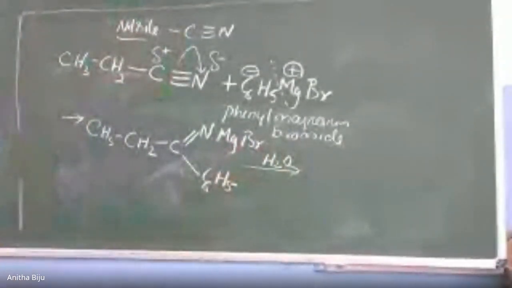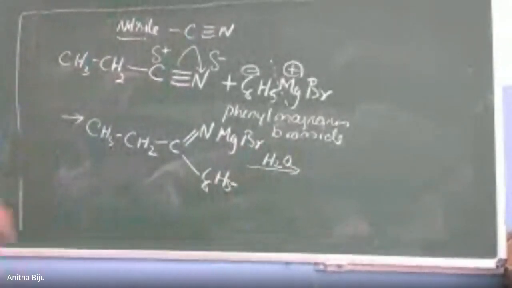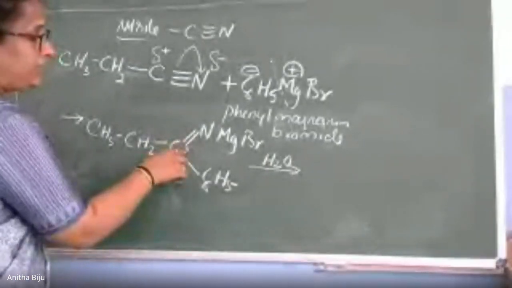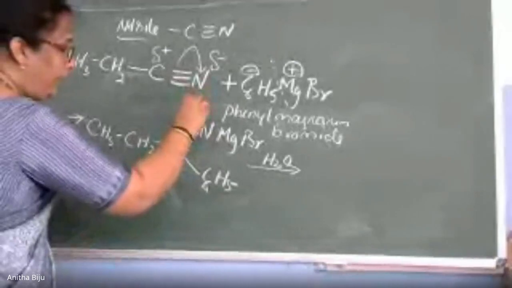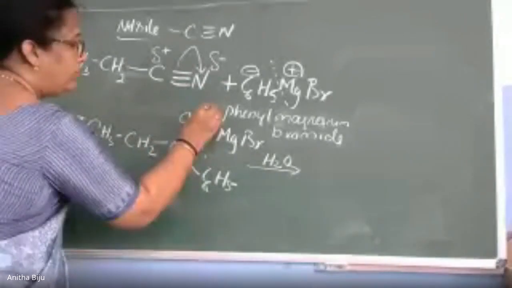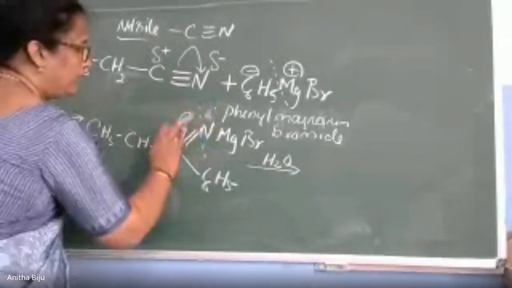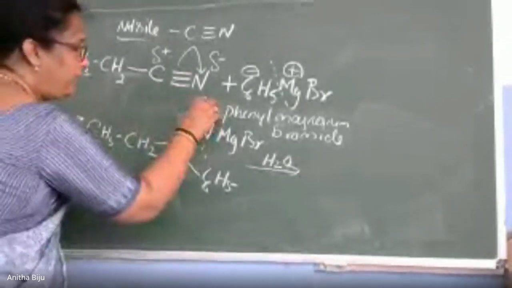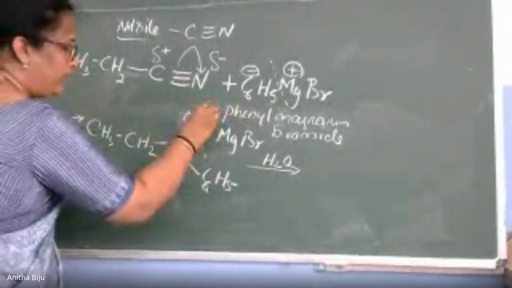What do you mean by hydrolysis? Addition of water. Water has two parts, one positive part and one negative part. Again here addition takes place. Where does the addition reaction take place? See, let us think about that. Here we have the addition reaction. It will break like this. Here we have the OH part and here we have H plus.